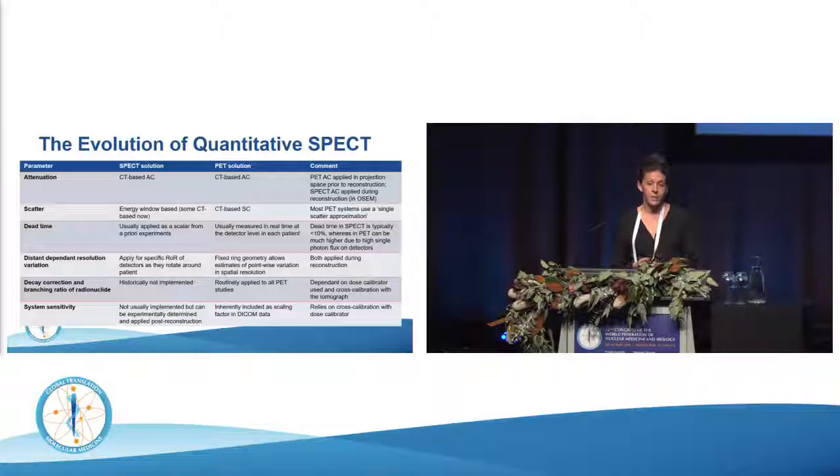Nowadays, and for several years now, the CT data has been used to perform attenuation correction for SPECT, just as it is in PET. Scatter correction, I think, is probably one of the main areas of variation across SPECT reconstruction algorithms that are achieving quantification. Typically, energy window-based methods are used, either the double or the triple energy window method, but there are also transmission-dependent scatter correction methods which have been very successfully applied,